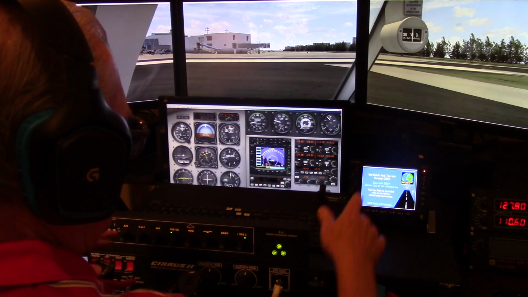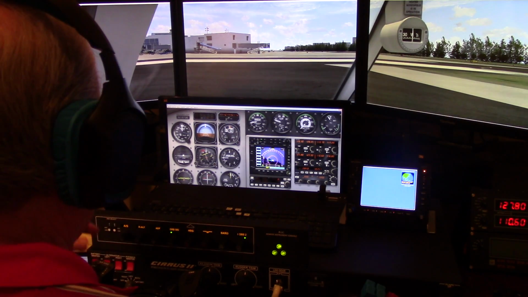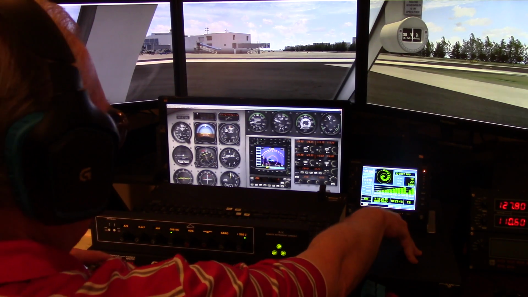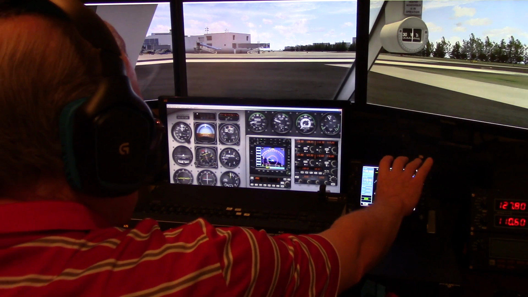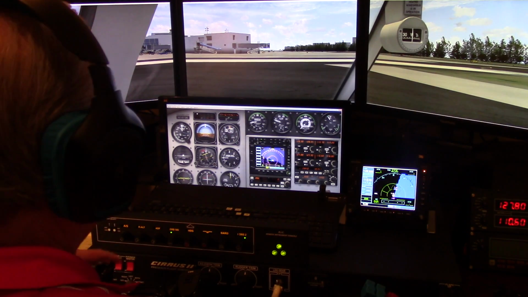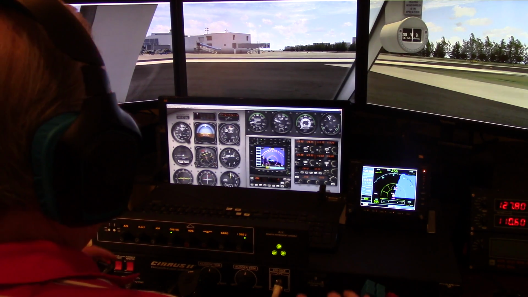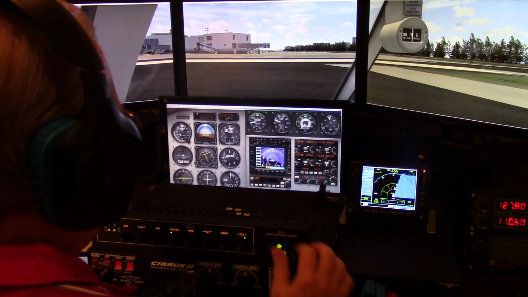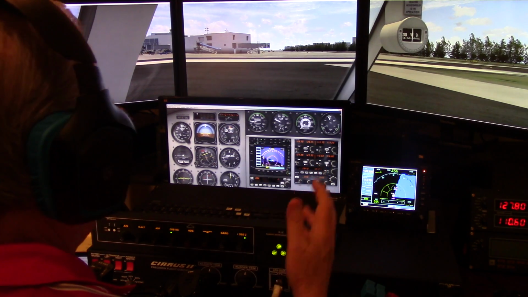This is, just to give you 2 seconds of what my setup is over here. This is an Emutech GNS 530 running the Reality XP software, which I like the combination very much. As I said, I haven't flown in 40 years, and I've really lost contact, and part of the reason I got into flight simulation was to learn about all the things that have passed me by, all the changes